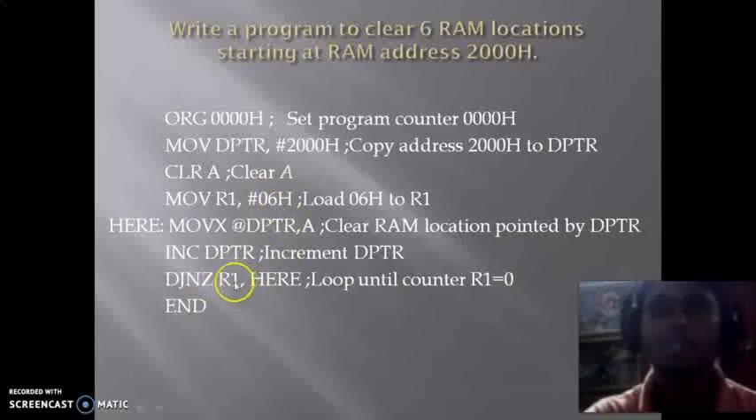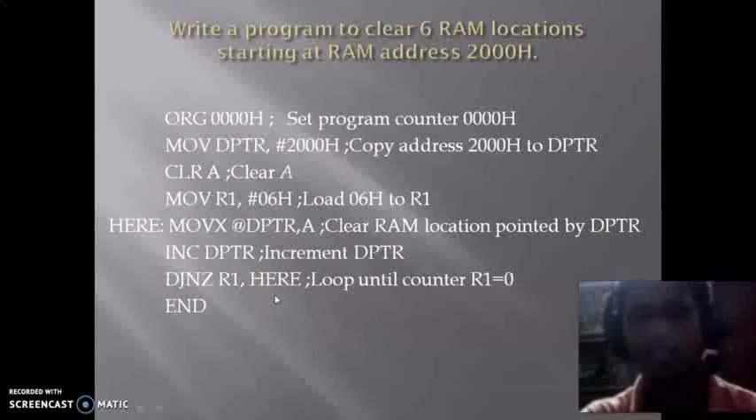That is stored 06, then that will be decremented by 1, and the loop transferred into the here section, so that the program sequence can be transferred here, and it will continue the loop until R2 gets 0, R1 gets 0. So when R1 is made 0, at that time the program actually ended. So basically by using these instructions, we can clear the RAM locations, and this is the program by which 6